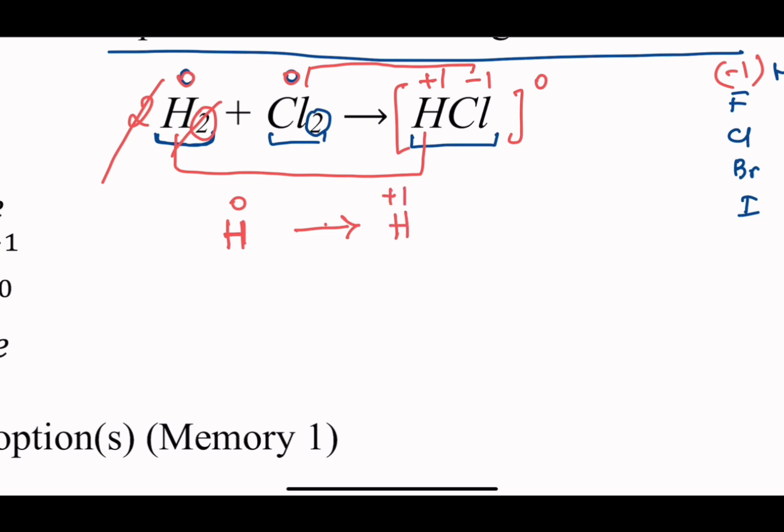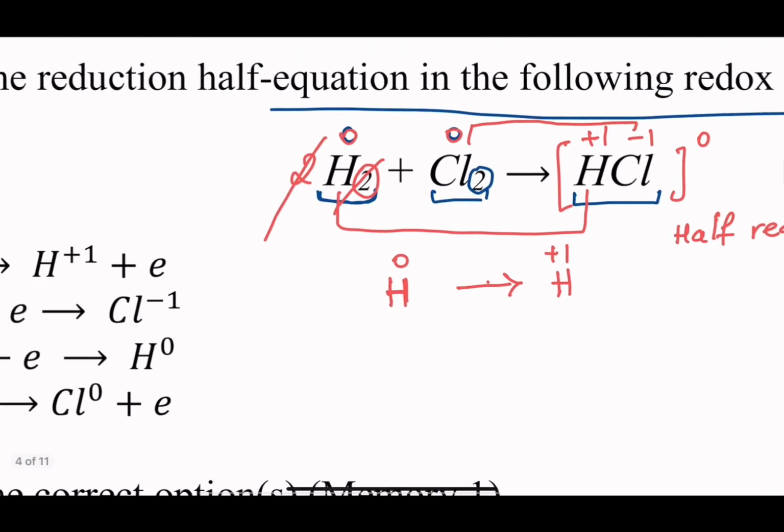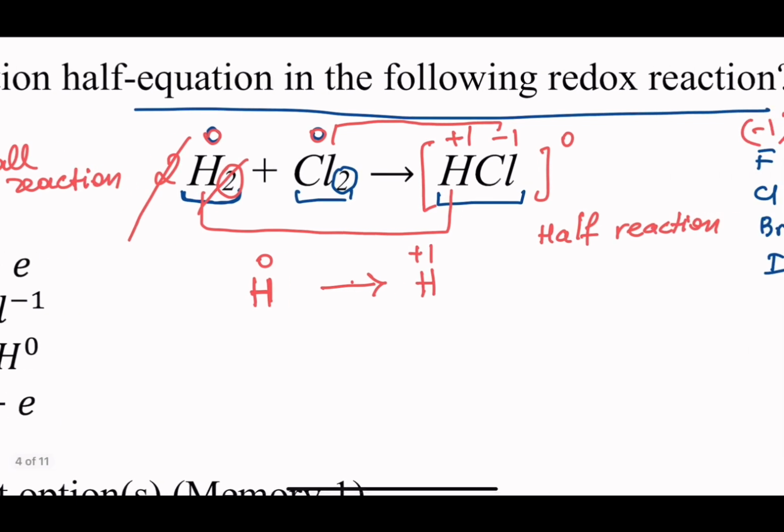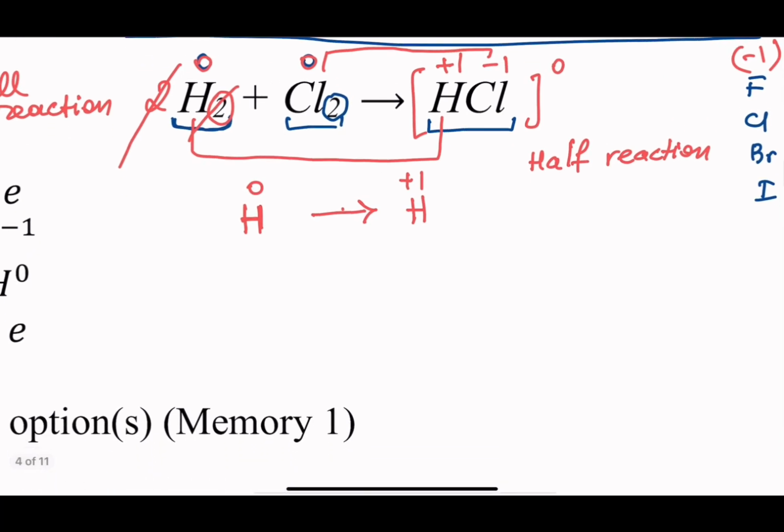We're trying to write the half reactions. Okay, half reaction. The reaction given here is the overall reaction. Now using this I can get 2 half reactions. One is going to be oxidation, the other one is going to be reduction. So as you guys can see,